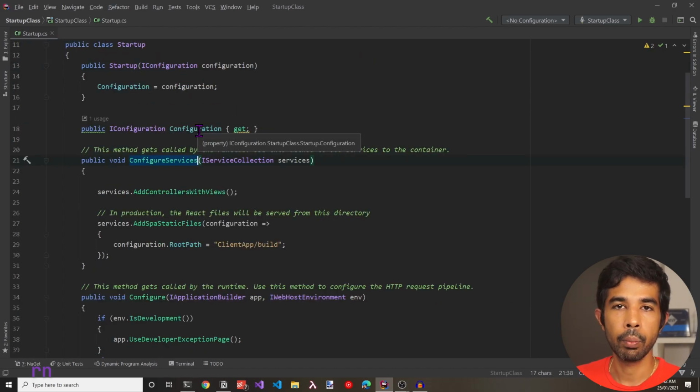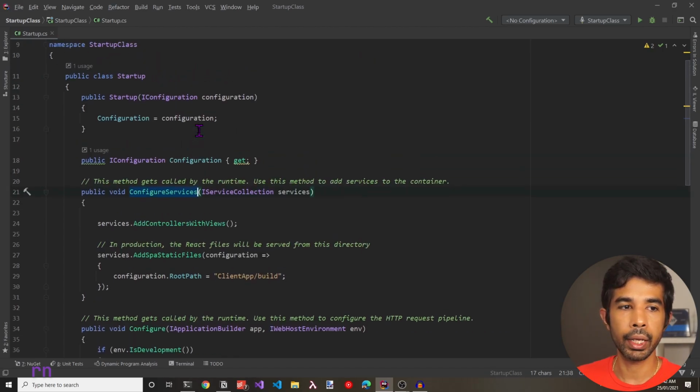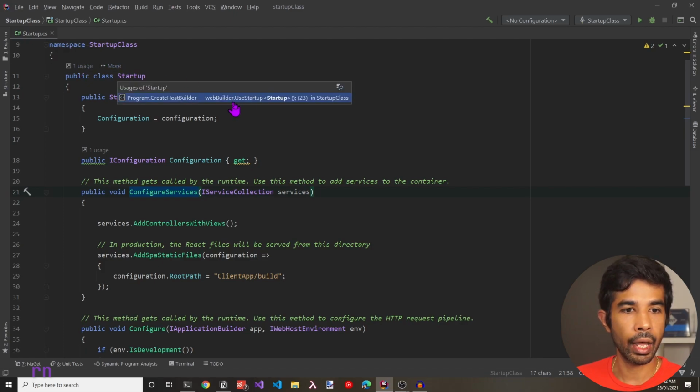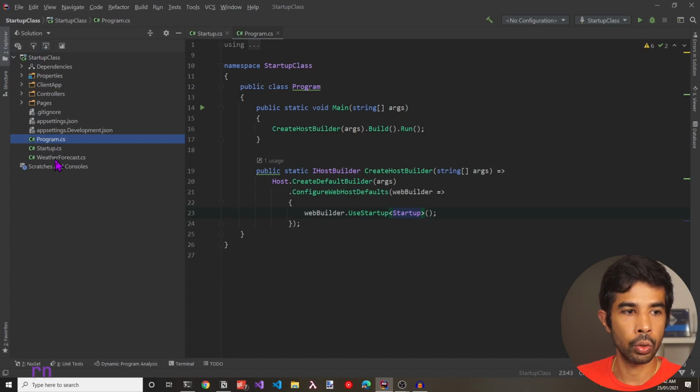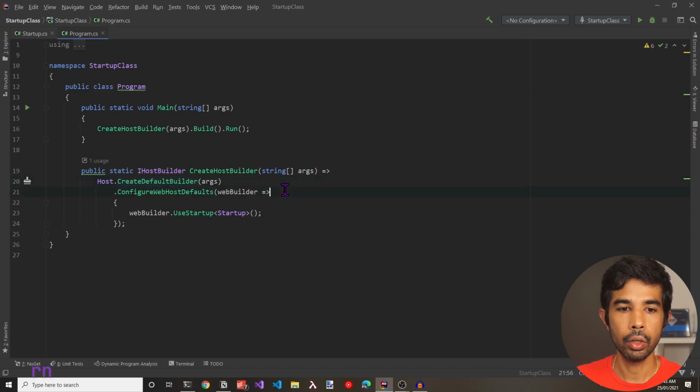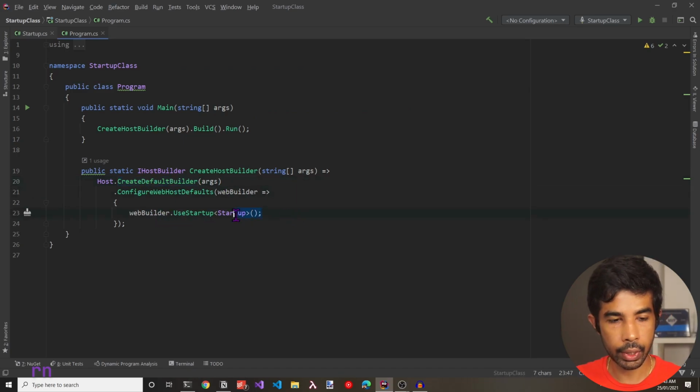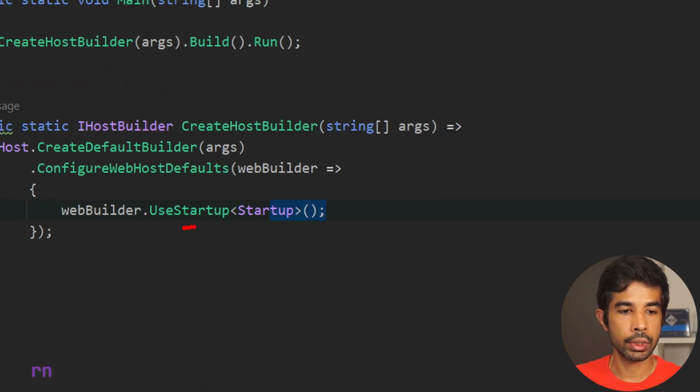The startup class by itself is invoked by the application in Program.cs when the host is being created. We can see here there is one usage and we can navigate to that usage. This takes us to the Program.cs, which also lives along with the source code. That is right here above the Startup.cs in this case. Here we can see when the host is getting created, the startup class is being invoked by using the UseStartup